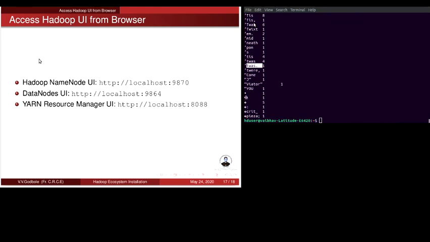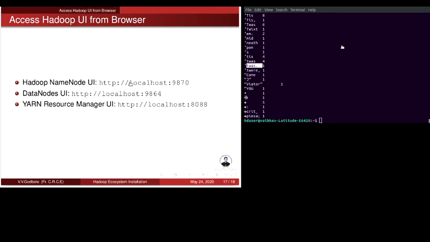You can actually access the UI from this URL directly once you configure your Hadoop properly. So now let us see those links.